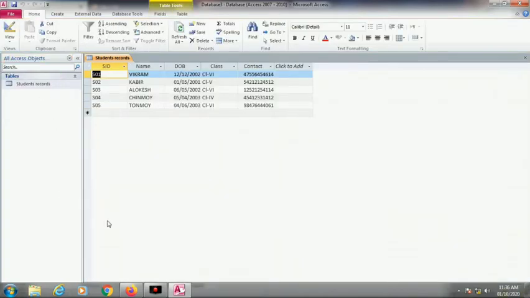So this is data sheet view, and if I have to sort it, then I have to sort it in data sheet view. It is already sorted, but names are not sorted. So if I want to sort the names, then I have to go to this option which is there in the home tab itself, sort and filter. So I click on the ascending order. Let us see. When I click on ascending order, you can see A letter came first, C letter came second, then K, T, P. So this is one way a column can be applied as an ascending order.